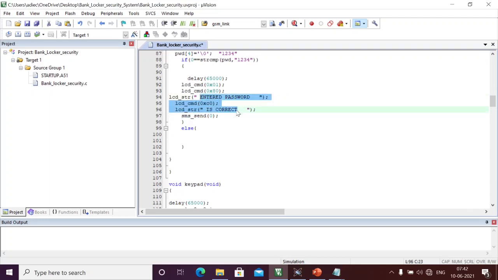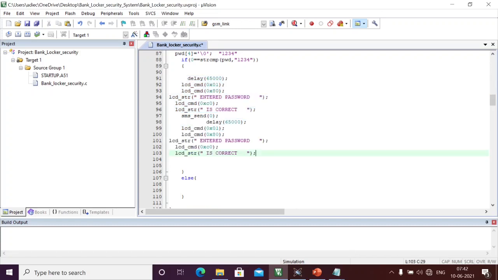Now the password is correct, and right now I am going to open the door. Okay, now I will say door is opening. I will write some more text here. Okay, again I will clear. Now SMS sent. After the SMS sent, I am going to open the door. Okay, locker is opening. I will say locker is opening. Okay, here in the second row, I think we can give some empty text. Second row is not required. Okay, next here locker is opening.